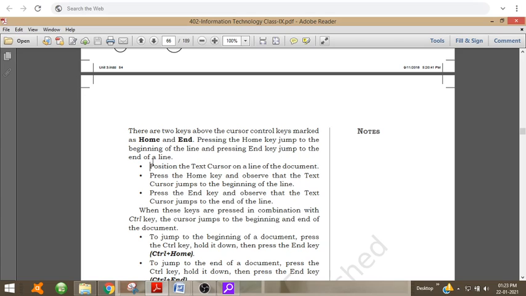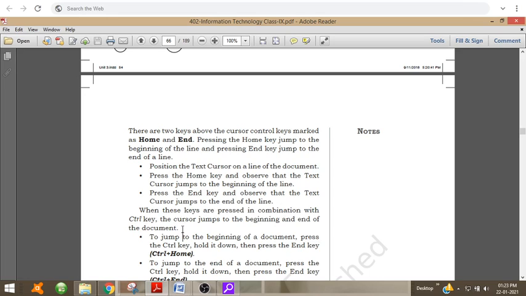Home key will move the cursor to the first position and end key will move the cursor to the end position of the line. Then when these keys are pressed in combination with the control key, the cursor jumps to the beginning and end of the document.